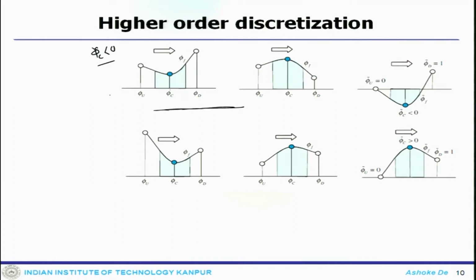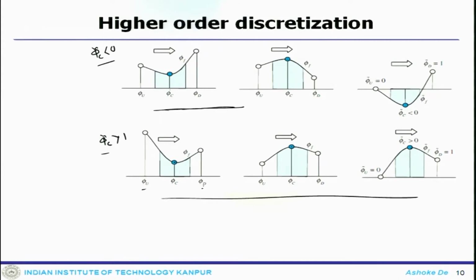So, it could be an extreme maximum or a minimum; these are the normalized conditions. Now, the second case is where phi tilde c is greater than 1. If it is greater than 1, then you will also see there could be an extremum at point C. It could be a minimum or a maximum value when you consider phi u, phi c.